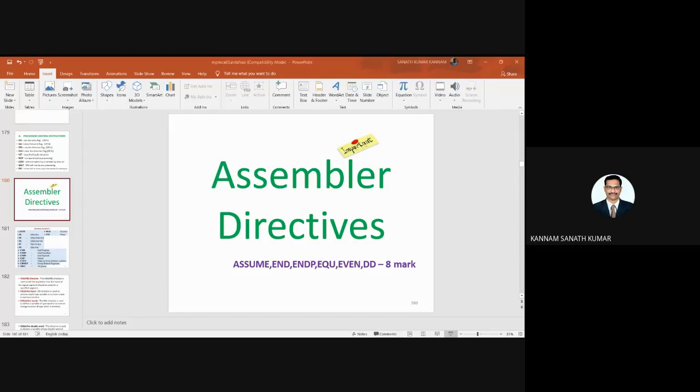And DQ is define quad word. It tells the assembler to declare 4 words. One word is 16 bits, 16 fours are 64, so it reserves 64 bits of data for the declared variable, or it reserves 4 words, 64 bits of data, in the storage location.